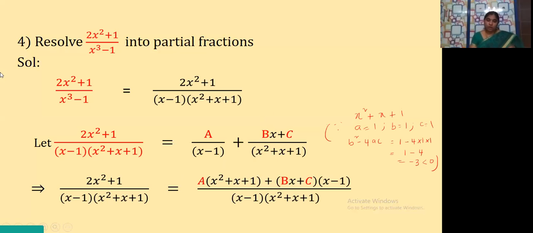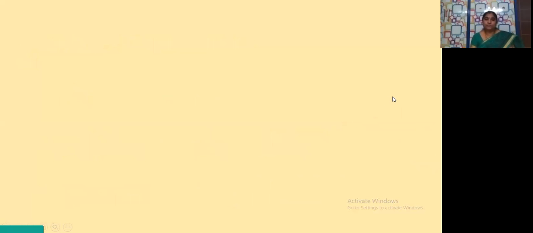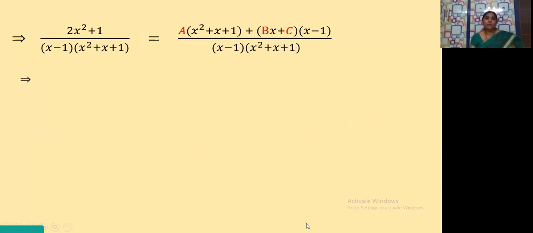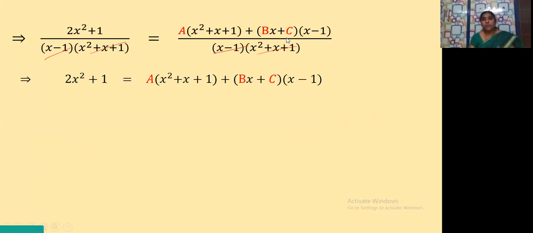Again here, like what we did in the previous sums, the denominators get cancelled. That is x minus 1, and here also x minus 1. Here this quadratic term, and here also this quadratic term gets cancelled. Okay. Now here, after cancellation, what do we get, children? Only the terms in the numerator are left. So what is left here? This is the term what we have after cancellation. After cancellation, the numerators on both the sides are left. This is the equation what is there.